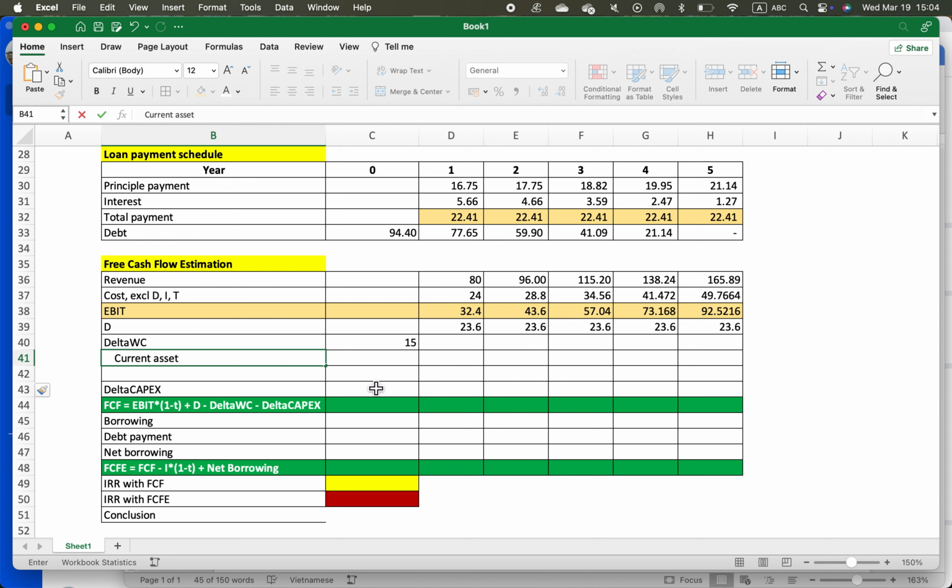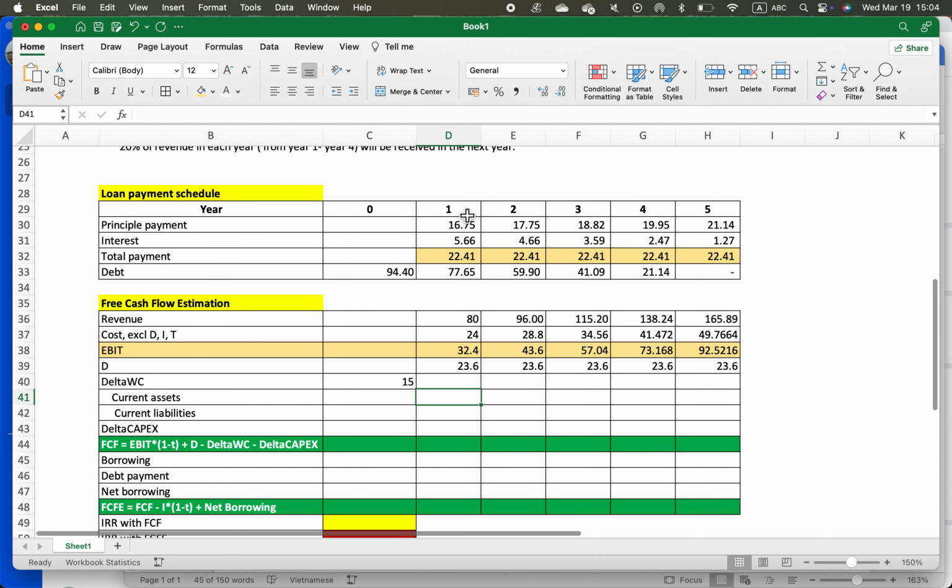Okay, current assets. And then we should have current liabilities. So every year from year one,